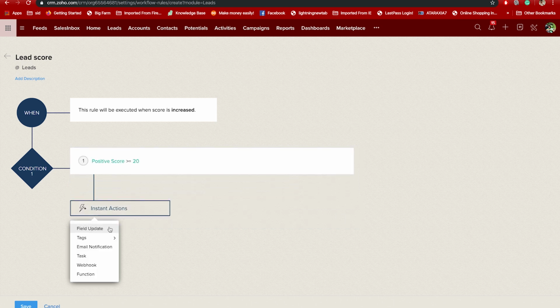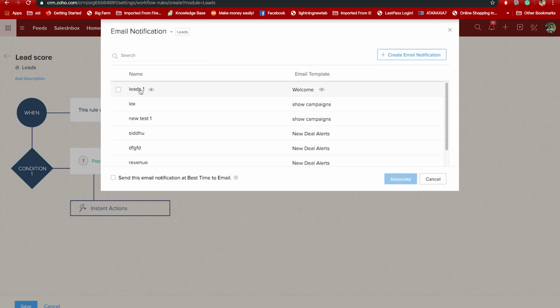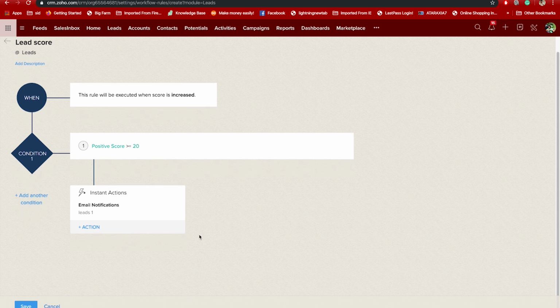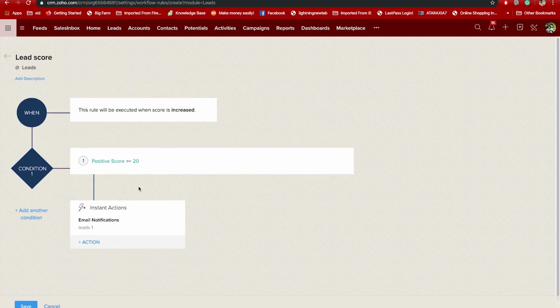And we're going to send an email notification. I'm choosing my template that I've already got ready over here. You can choose to add other instant actions here. I'm just going with email notifications. And save it.